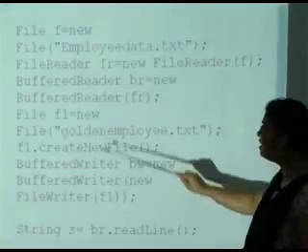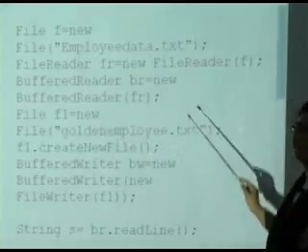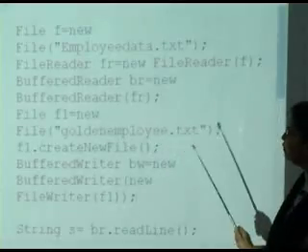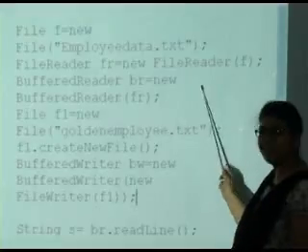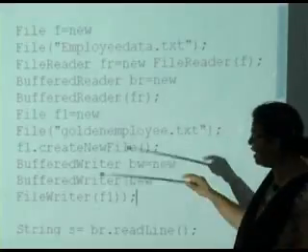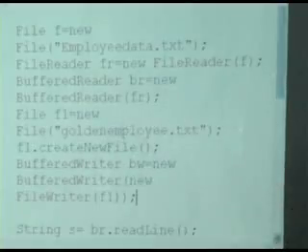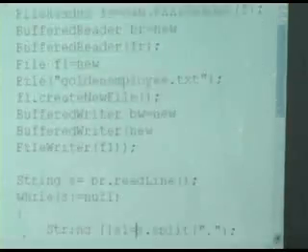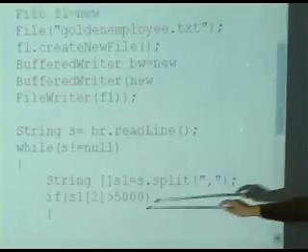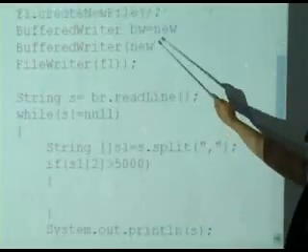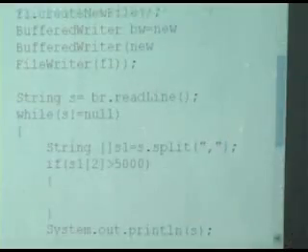What is F1? goldenemployee.txt. Okay, so what I am going to do is read the data, filter the data, and write this data into my goldenemployee.txt. Come down. Okay, now here you are supposed to say bw.write